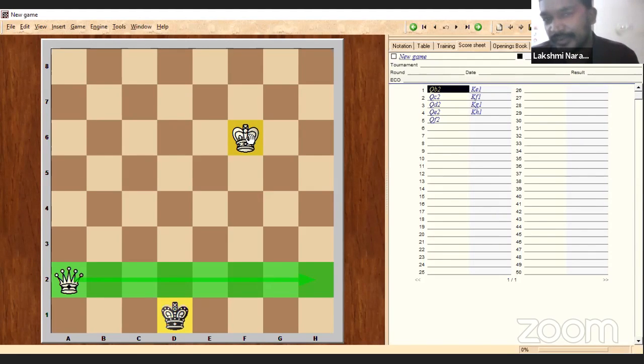So now this is not so easy. Okay, so you should not use the king at all. Without using the king, you have to mate the black king. So that means you must, yes, you can answer. So your move,